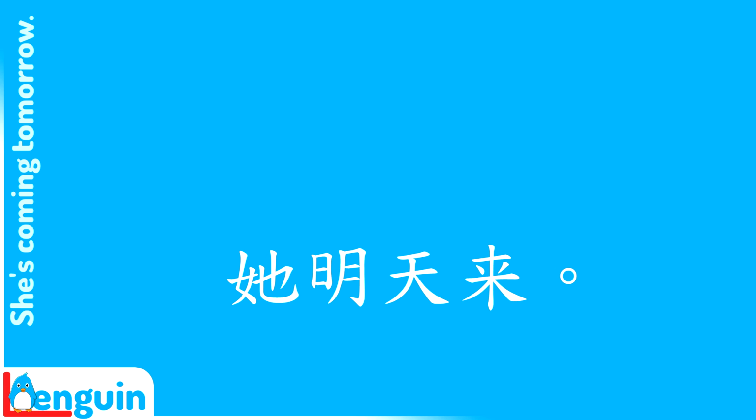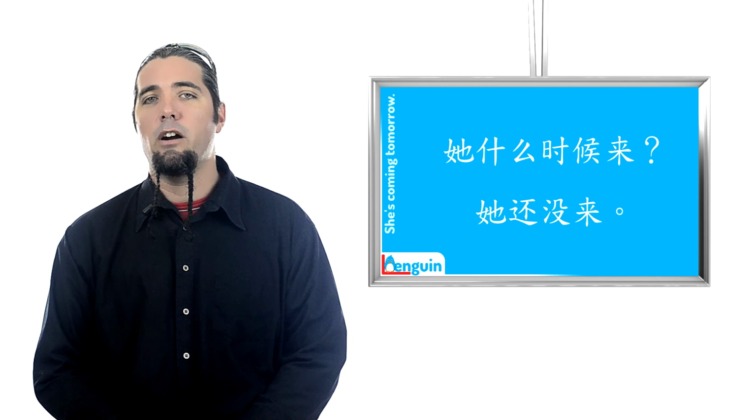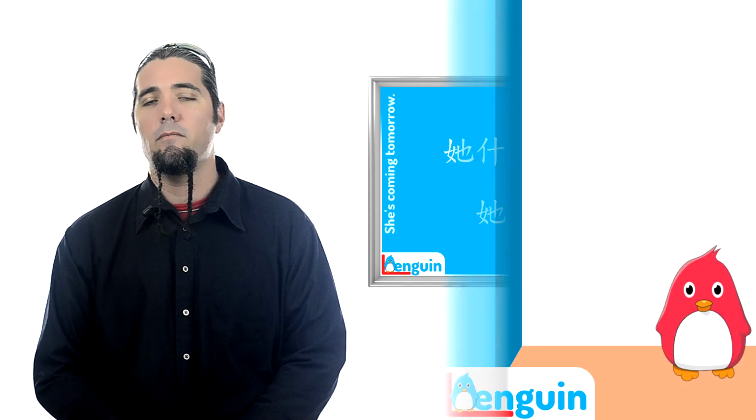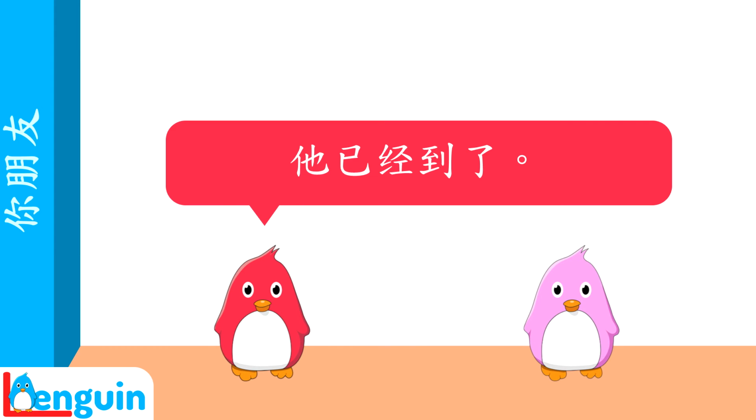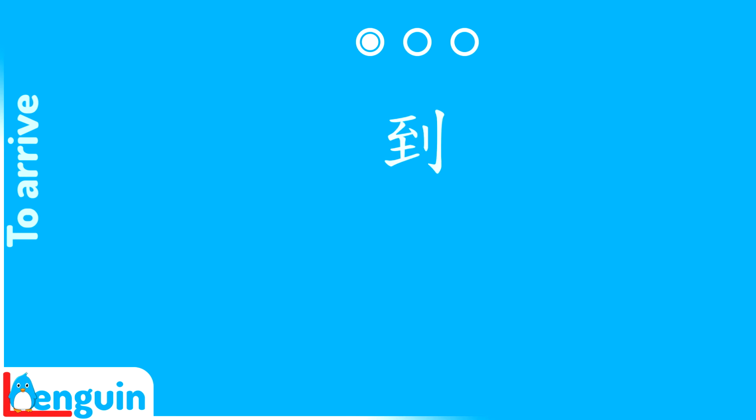她明天来。 Mr. Martin is talking about a friend of his now. Listen. 你朋友什么时候到？ 她已经到了， Repeat the verb to arrive. 到，到，到。